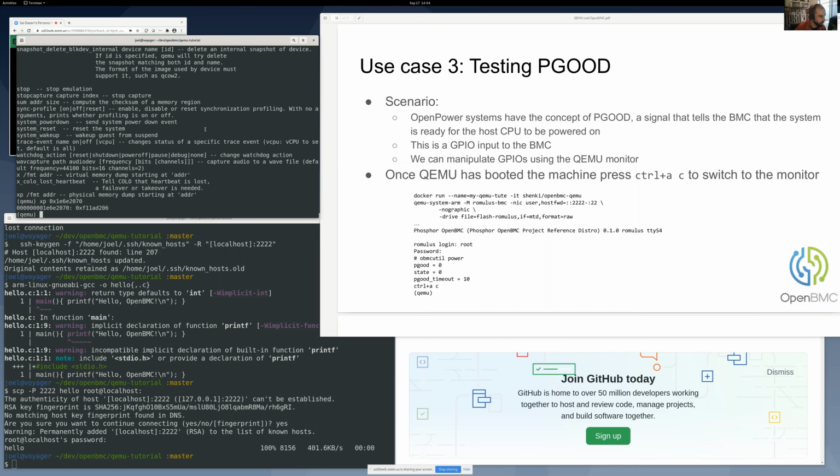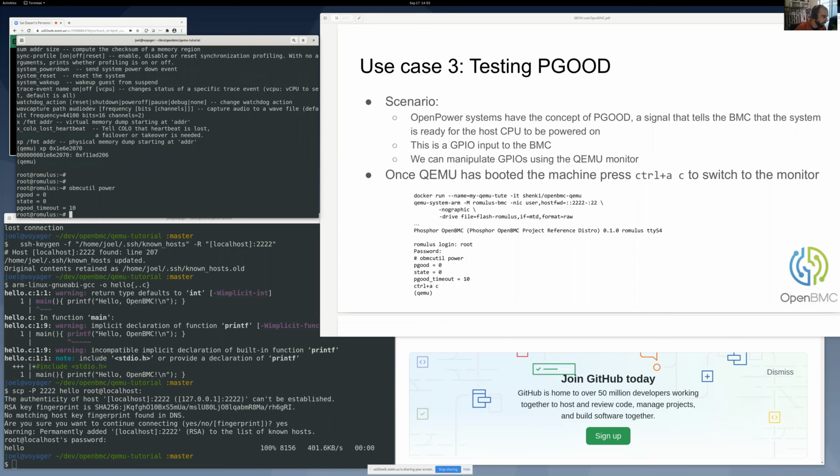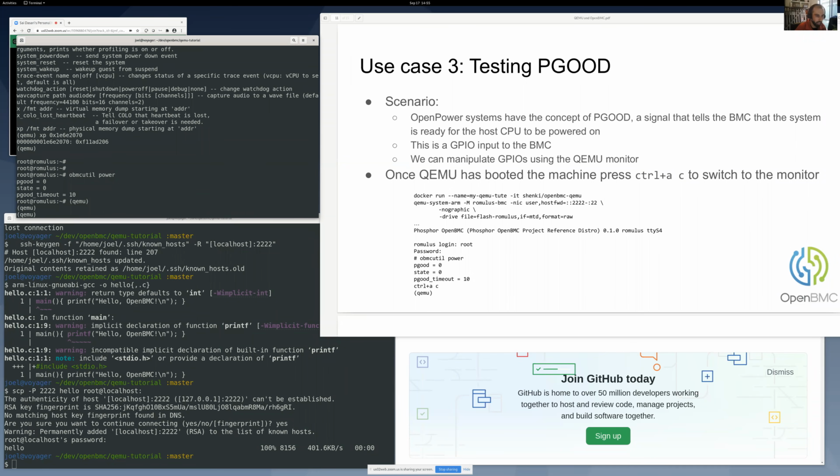So I'll switch back to QEMU proper, to the emulated machine. On an OpenPOWER machine, we type openbmc-util power, and that will query the state of the pgood GPIO. And here we go, pgood is 0, pgood is low. So the system is not ready to turn on the host. But we want to test our applications as though the host was ready to be turned on. So how do we do that? We go back to the monitor and